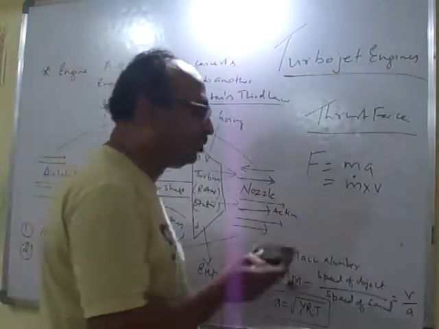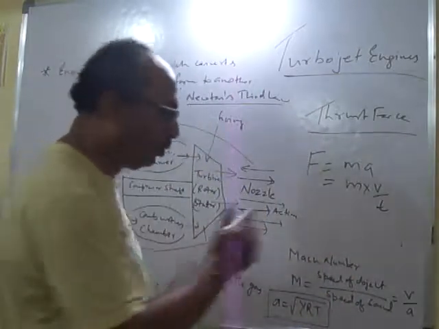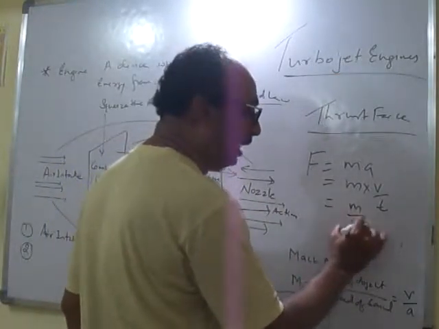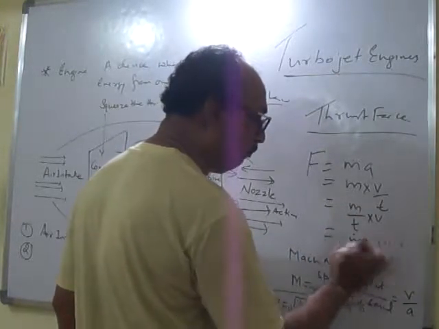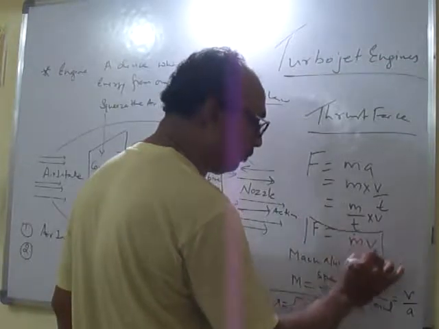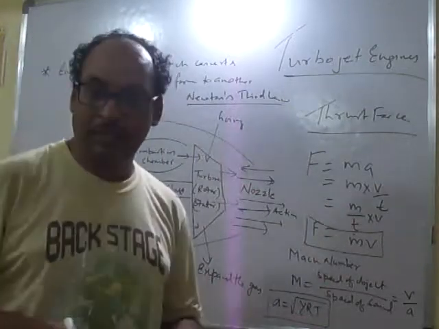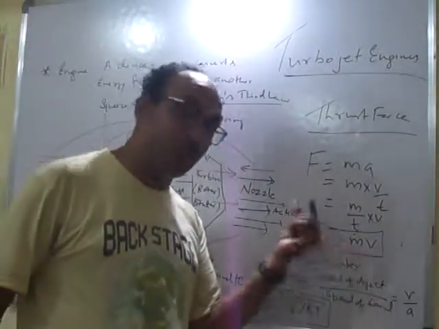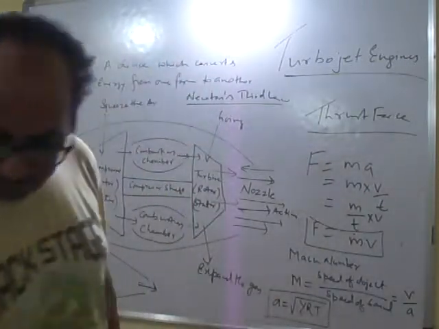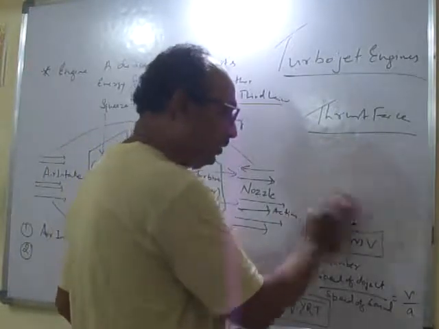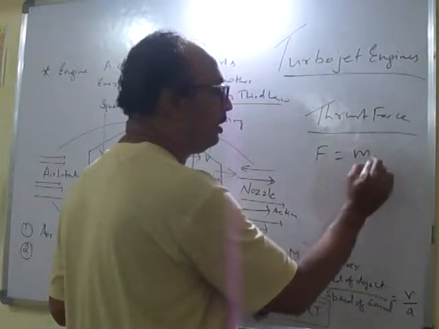Into velocity. So if suppose I am not writing this dot, A can be written as V by T. This can be written as M by T into V. And M by T is written as M dot V. So F, this is the thrust force, gentlemen. And M dot is nothing but the rate of mass flow, the mass flow rate of air. So M dot V. Now this one I will erase and I will write here: F is equal to M dot V.